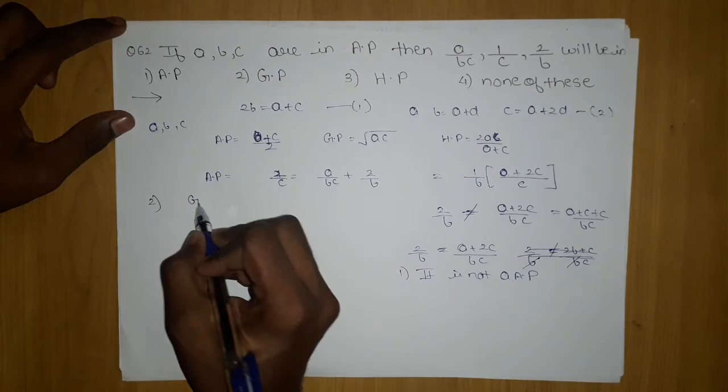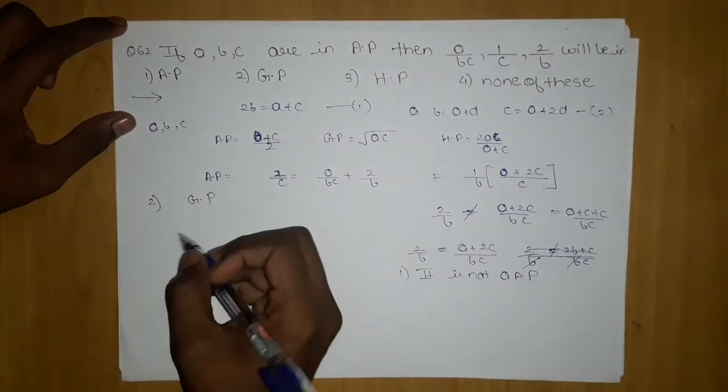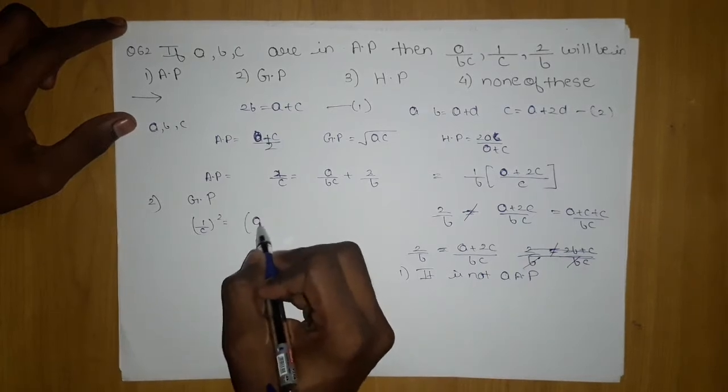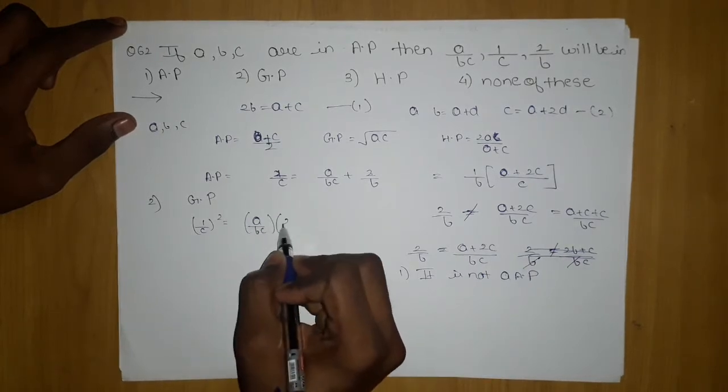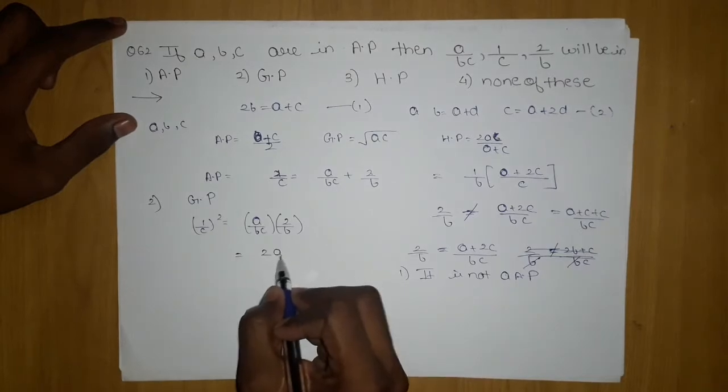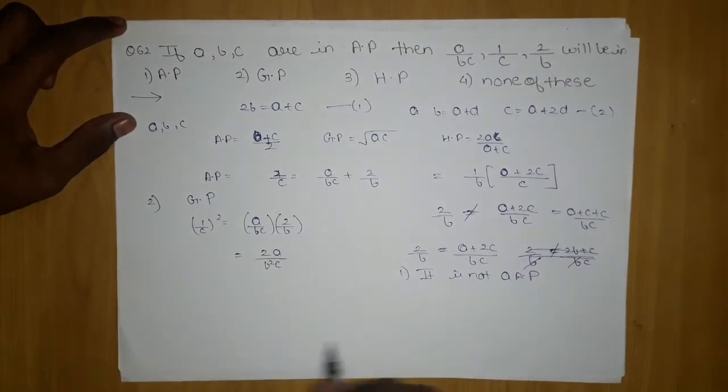What is it? GP. What are the conditions of GP? 1 upon c the whole square should be equal to what? A upon bc into 2 by b, fine. So we will do what? 2a upon b square c. Now